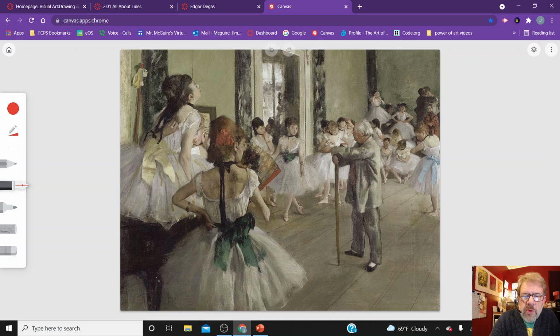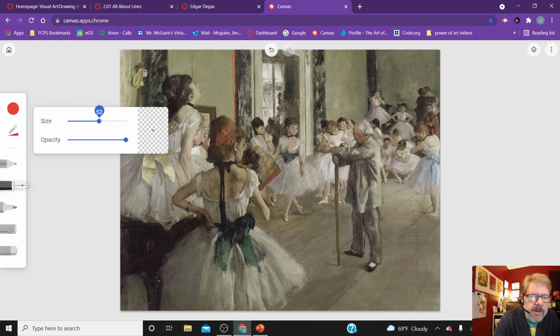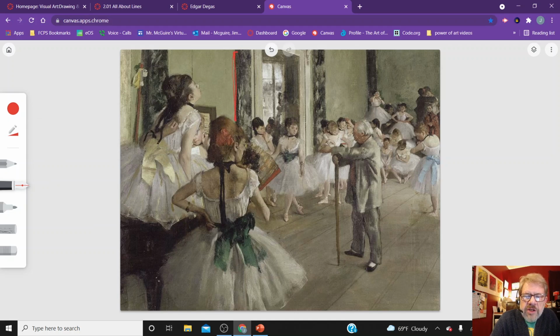And first of all, let me turn this up just a little bit. I'm going to use this red to point out geometric shapes. How is he using geometric shape? If you look, why is this at an angle up at the top? Why is that line going at an angle? Because he's showing that perspective. If we talk about single point perspective, all of these lines that run parallel to each other, all these lines that are in the floor, all of these lines that run in the same exact direction in the ceiling, and